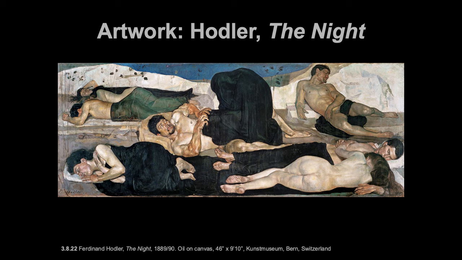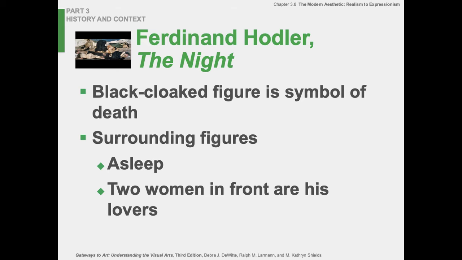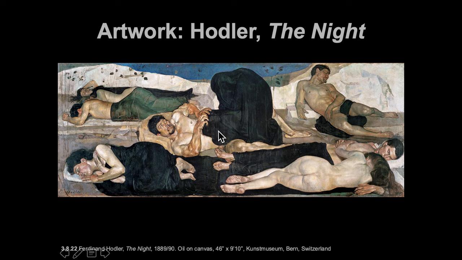Ferdinand Hodler. This is called The Night. I love the quality of the flesh in these paintings. Oh my God! And then we get into Klimt after this. Same thing. Klimt has some gorgeous flesh, but this one is super gorgeous. But it is an erotic piece. I mean, this is our artist here, Hodler, being sort of encroached on or approached by death, but it's still somewhat erotic. It almost looks like death has decided to sort of get on top of him, almost in a sexual position. It's quite frightening, and that's probably why he allowed the death to get that close.